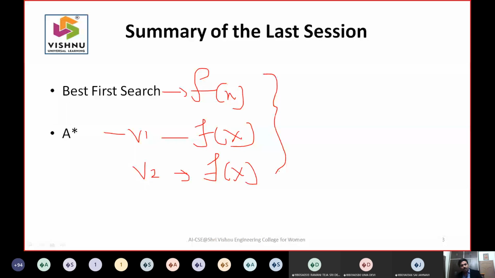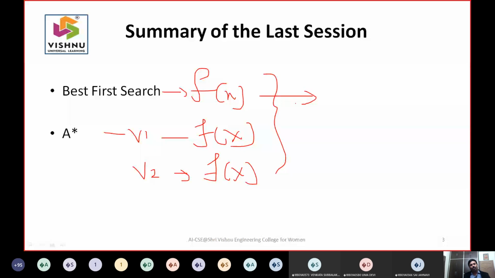Can somebody unmute yourself and tell about what is the heuristic of the best first search algorithm? What is best at that moment, sir? Yes, that is the reason if you read the textbooks, they call it greedy search.